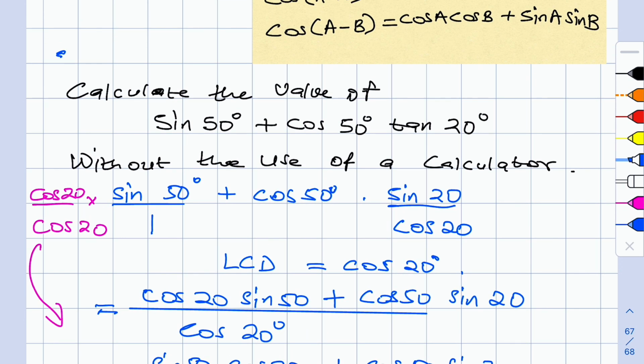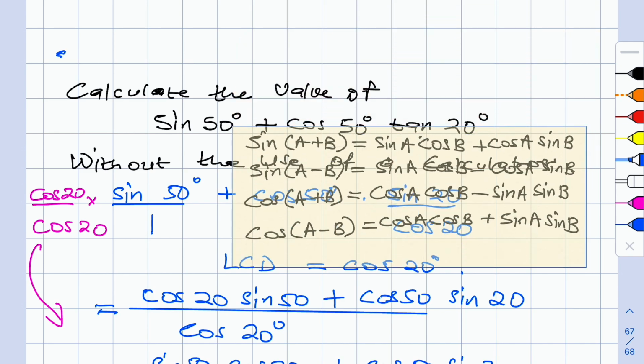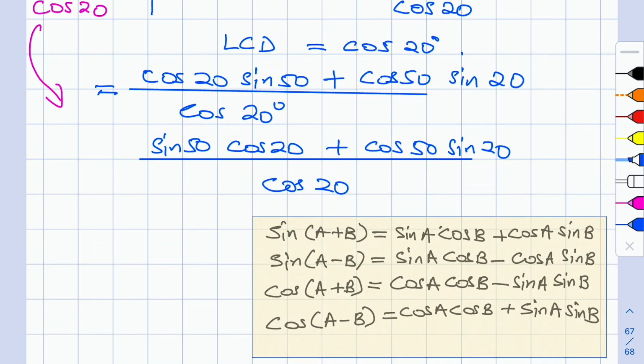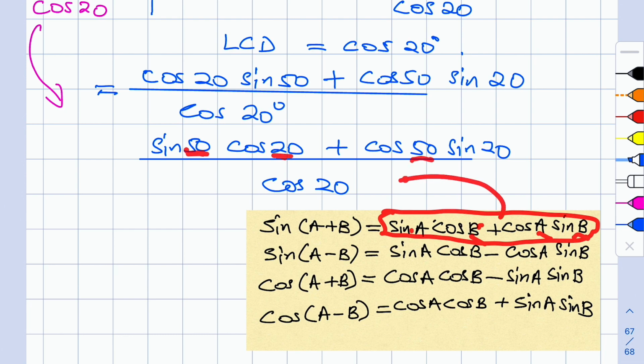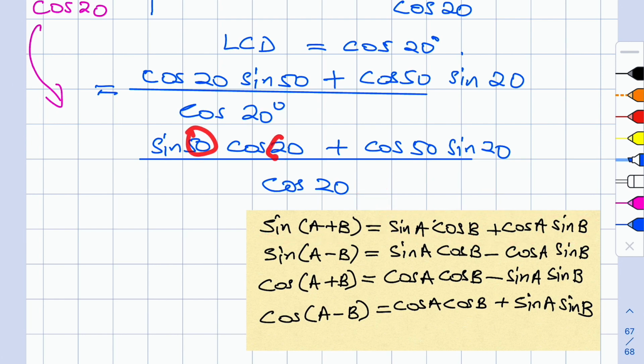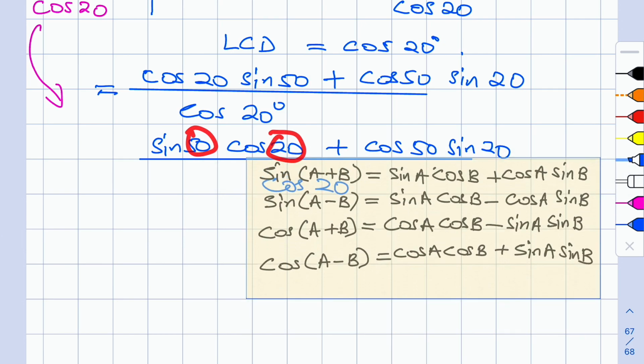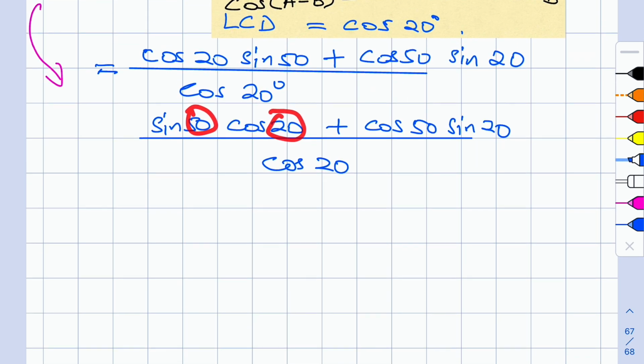So if I pull out my formulas for compound angles, this is what you have now. You have this form. So your A is 50 and your B is 20. You have to change it to that form, so that's going to be sine of A plus B, where A is 50 and B is 20. Therefore, this will give us